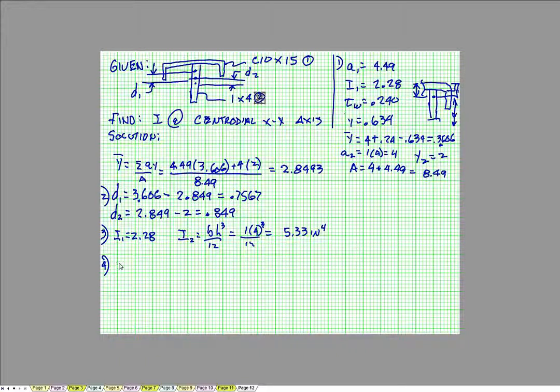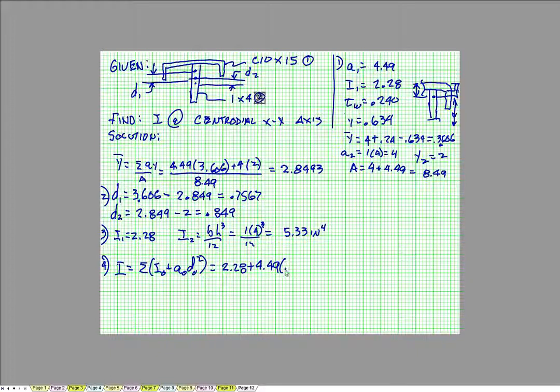Next thing, I need to calculate I, and that is the summation of I sub O plus AD squared. And this is I1, 2.28, plus A1, 4.49 times the distance